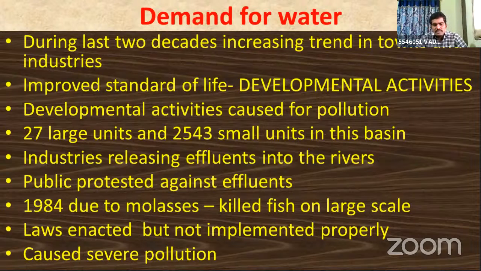The public protested against effluents. In some regions, the local public protested against the effluents released by the factories and industries. The governments are enacting so many laws against these effluents, but due to lack of proper implementation, the problem remains the same. In 1984, due to molasses released into the river, so many fish were killed on a large scale. So laws were enacted but not implemented properly, and it caused severe pollution. So when we are releasing effluents into the